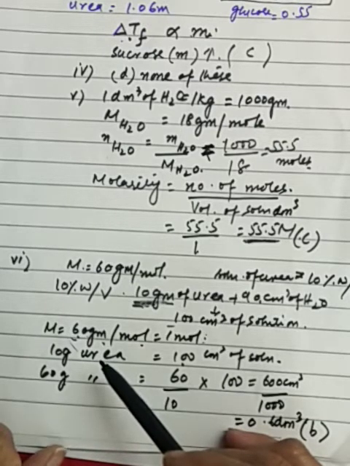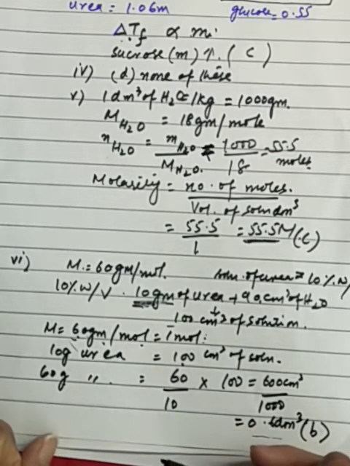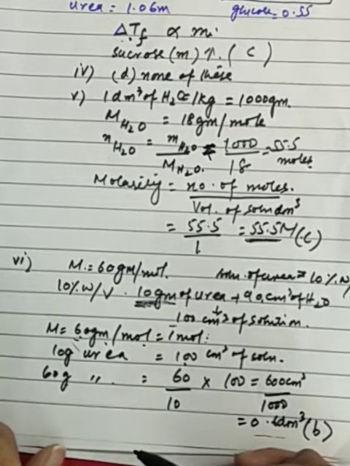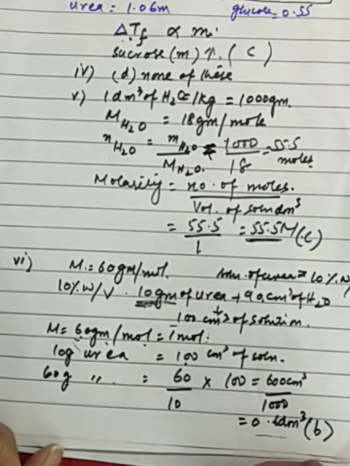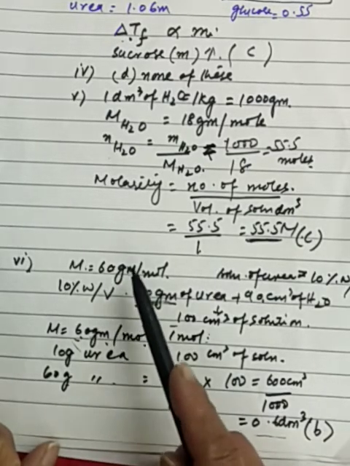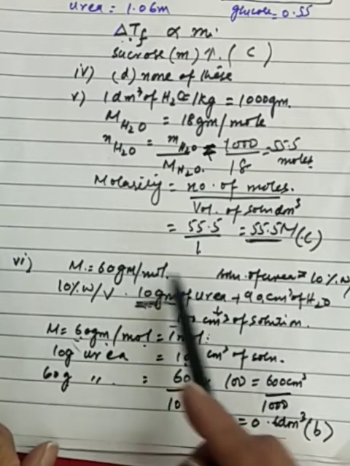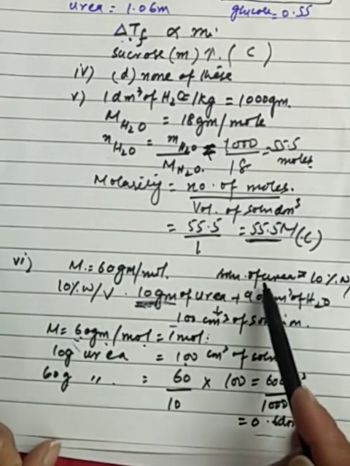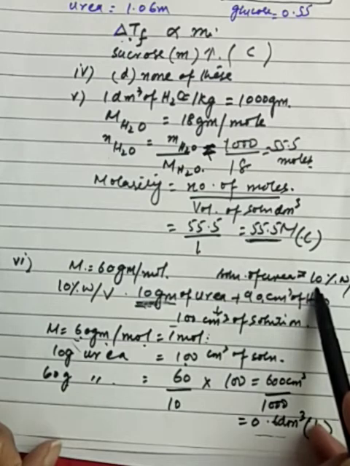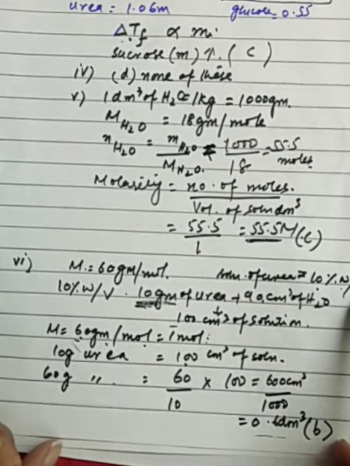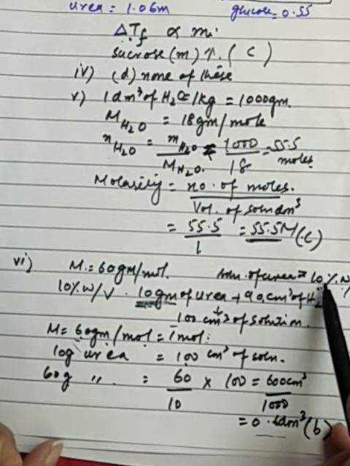The volume in which 1 mole of it is dissolved will be, option A is 6 decimeter cube, option B is 0.6 decimeter cube, option C is 60 centimeter cube and option D is 0.54 decimeter cube. अब बॉयज़ हमारे पास मोलर मास गिवन है, that is 60। सोल्यूशन ऑफ यूरिया का परसेंटेज गिवन है, that is 10% वेट बाय वॉल्यूम। इट मीन्स दैट 10%